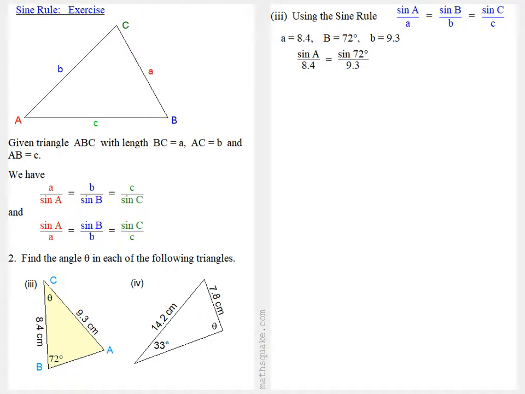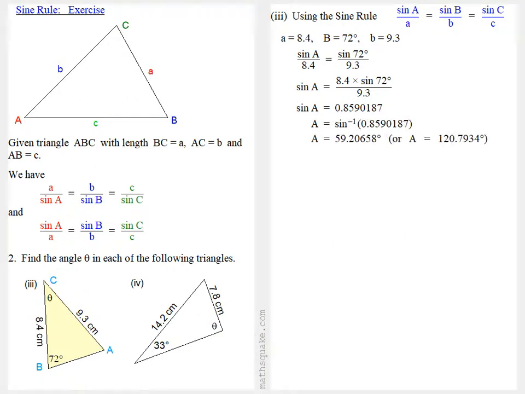If we multiply both sides by 8.4, sine A is equal to 8.4 times the sine of 72 over 9.3, which works out to be 0.8590187. Now to work out A, we need to take the inverse sine of that, and so A turns out to be 59.20658 degrees, or 180 minus that, so A could be 120.7934 degrees. Well, we can see from the diagram that A is an acute angle, so A is equal to 59.2 degrees,